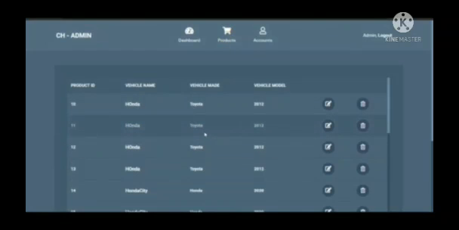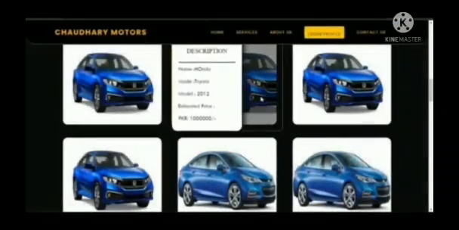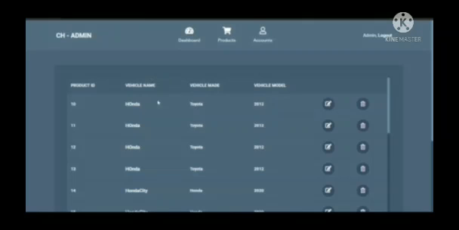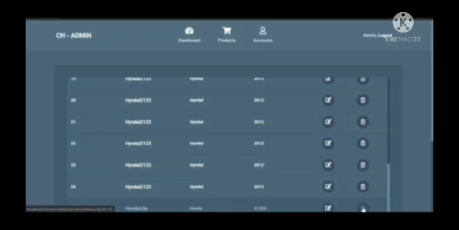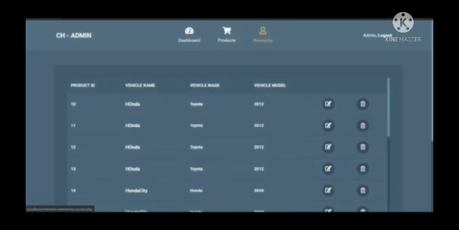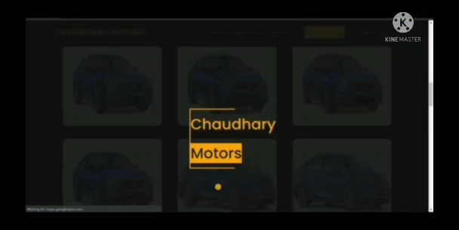And after that, when we go on to the product, there will be a list of all the things included on the main page. As you can see, all the products on the main page are listed here. If you want to edit, change or delete, you can do so very easily over here. For example, if you want to delete the 25th row, we will simply click here. We will then go to the main page and refresh it. The data would have been deleted.